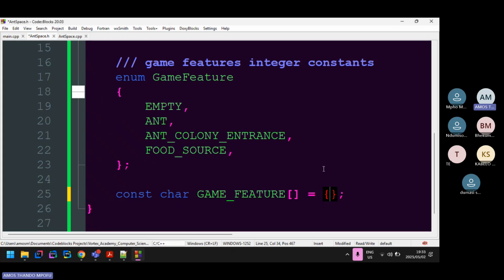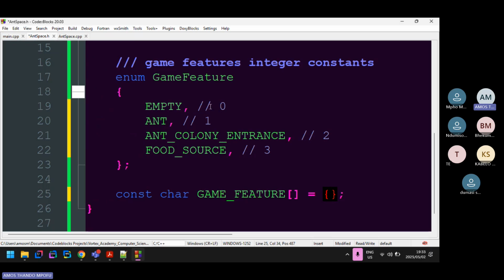Remember, empty space is zero. To be honest, it's actually easier now because you pass them in this order. Remember, empty is zero. This is 0 plus 1, which is just 1. This is 1 plus 1, which is just 2. This is 2 plus 1, which is just 3. So I need to pass them in that order because